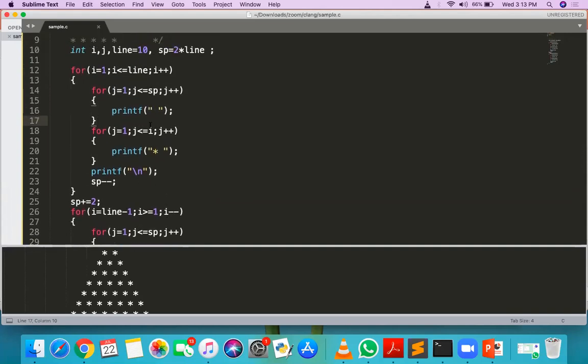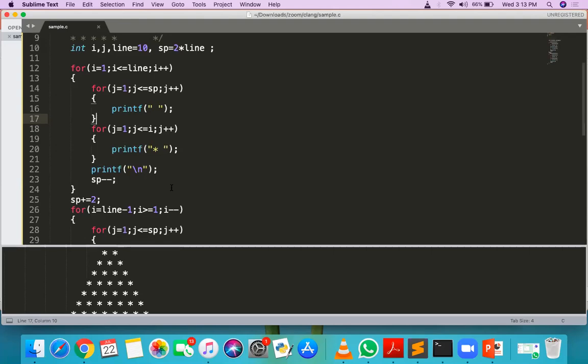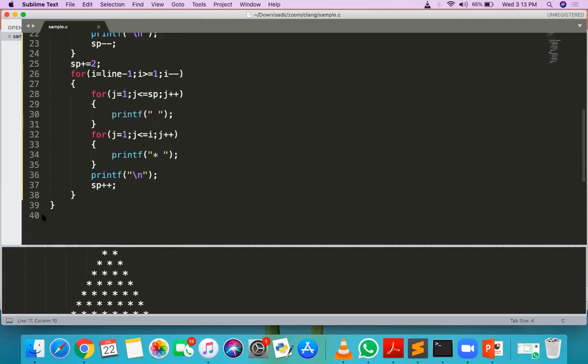But when I first did this program, I started at 8 p.m. in the evening, and I got the output at 4 a.m. in the morning. Only this much code I need to write here, only 40 lines.